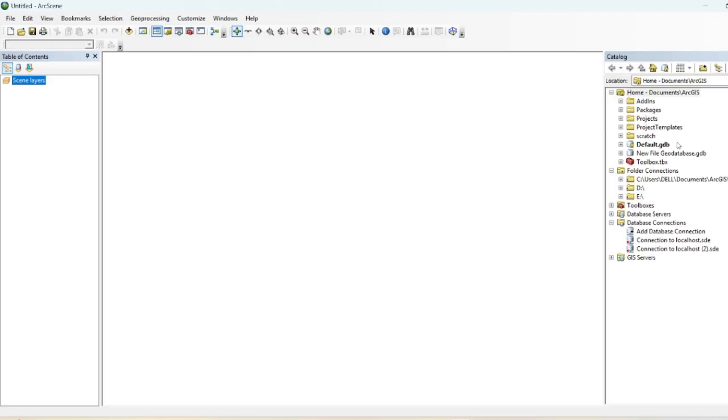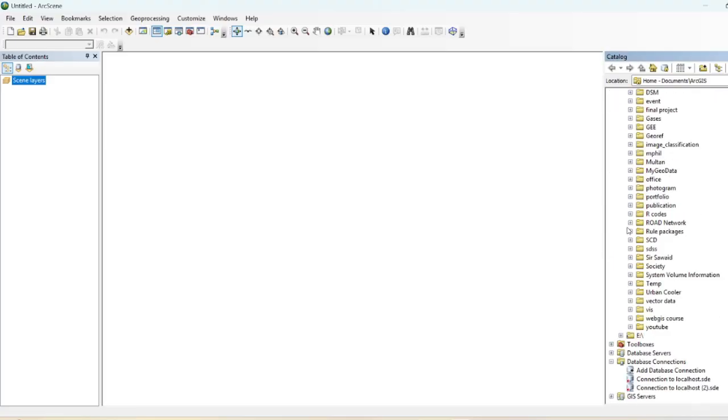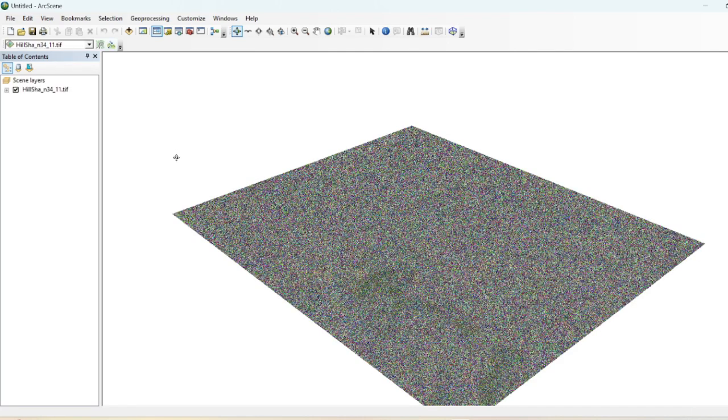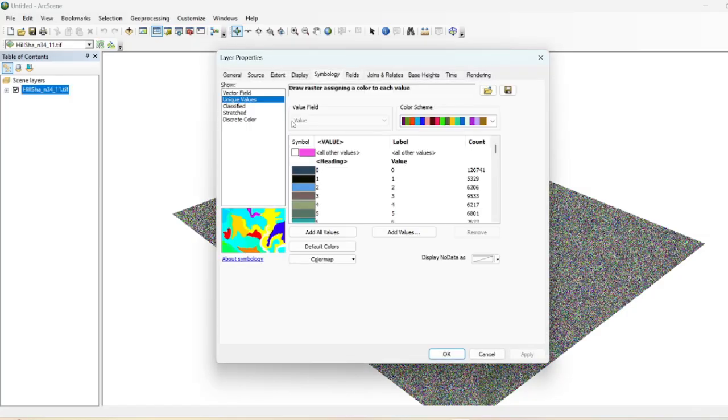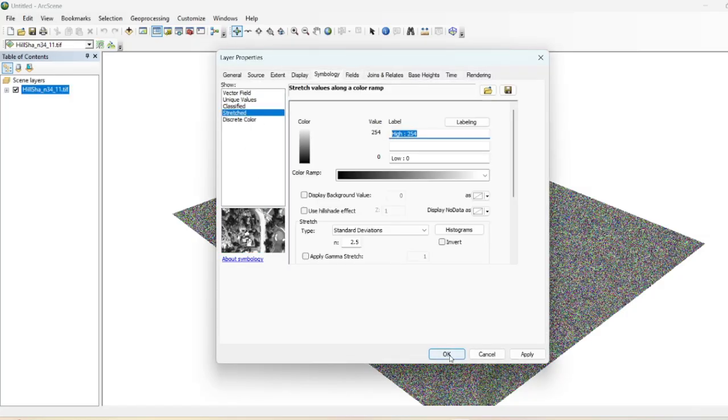It's in my ArcScene. Let me show you how bad spatial resolution, vertical and horizontal, can cause distortion error in the real world. So first of all, I will navigate toward my hillshade DEM, and this is my hillshade raster data. Just go to its properties, and in symbology, choose stretched.